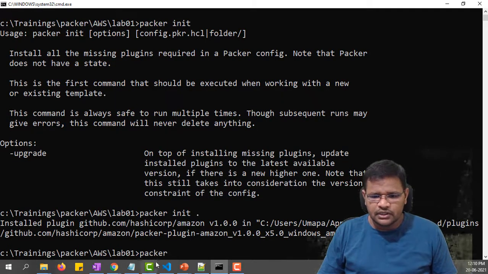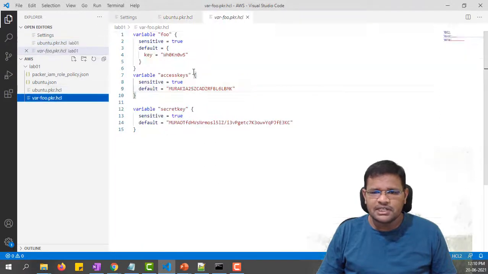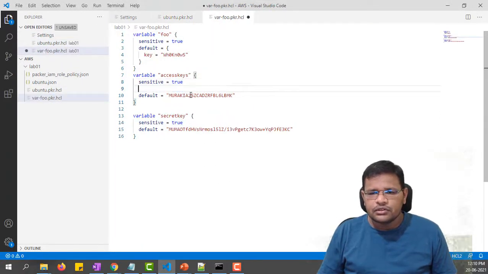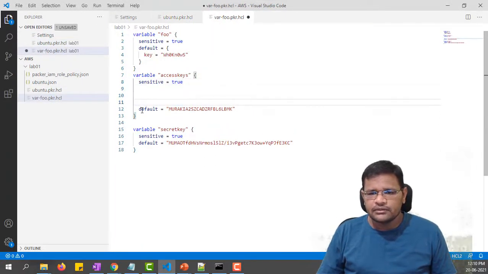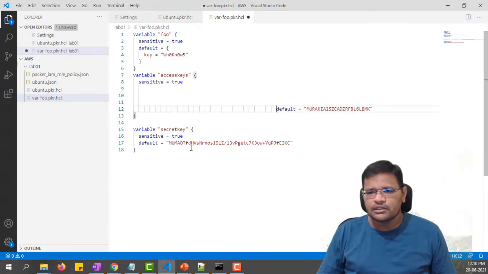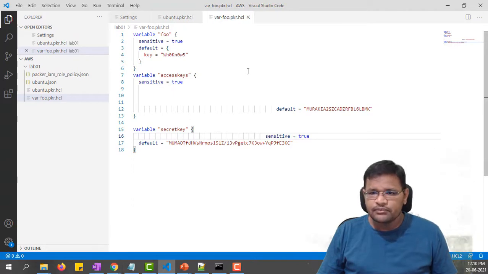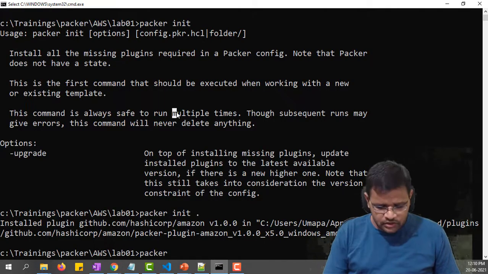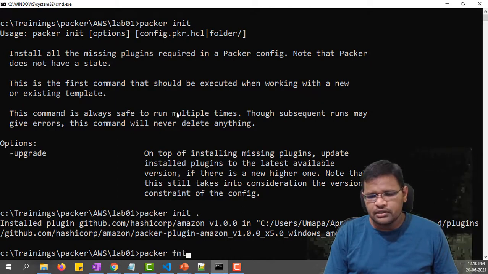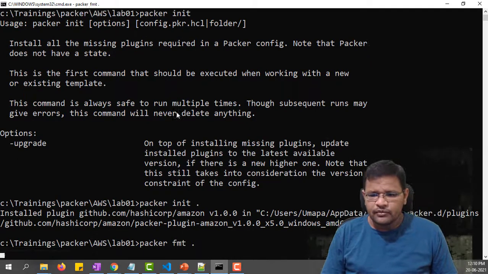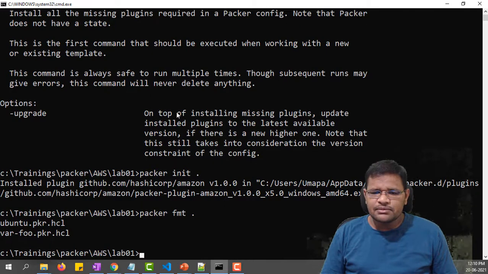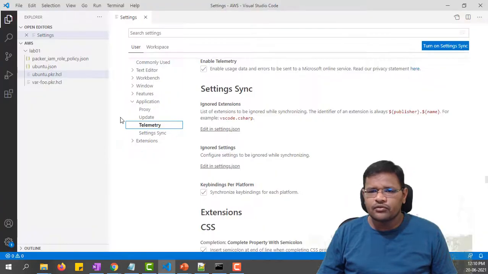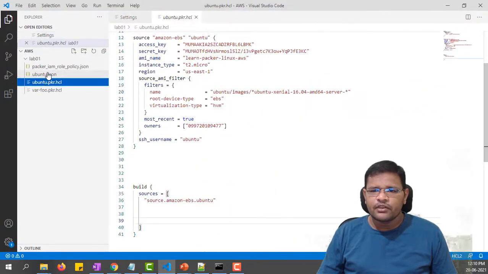and also let me edit the variables files as well. So I'm putting enter, and I'm just typing something. Okay, now fine. Let me save this one. Close this one. Open the command prompt. Now I'm in the same directory, so I'm running format, enter. So two files have been changed. So let's open again what is there in these files. So the files have been formatted correctly.